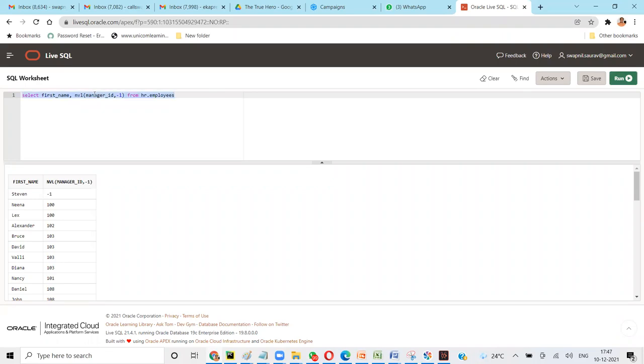So NVL means if it is a null value. But let's say you want to replace something else, say Steven, with, say, boss, right?